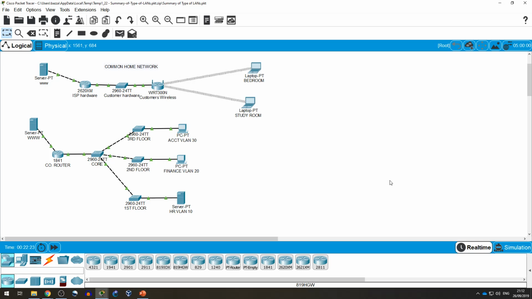So certain terms that need to be mentioned: MDF, main distribution facilities. So you've got that. That's basically this sort of thing. So we've got a core switch, and then leads onto those sort of things. It includes your routers and your servers and things like that. This part, and then these would be your